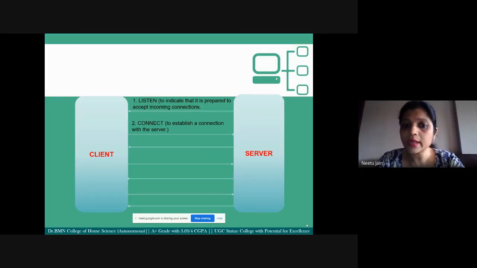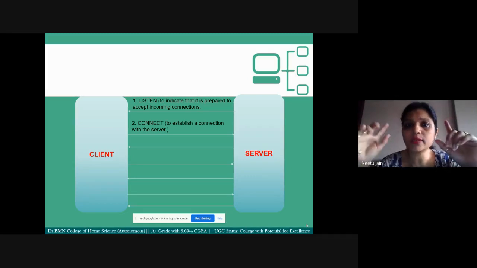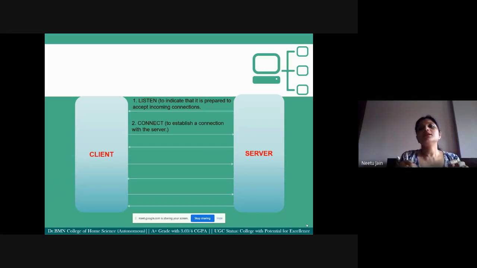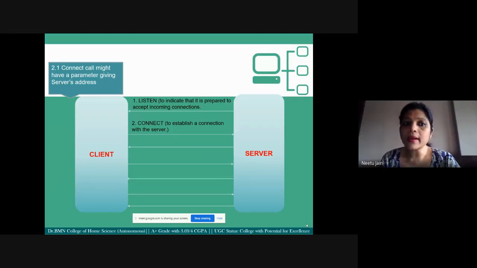This is the connect call, right? In the parentheses of connect goes the server's address, the destination address. See, a connect call might have a parameter giving the server's address. So the client executes connect. This is nothing but a primitive or a call.